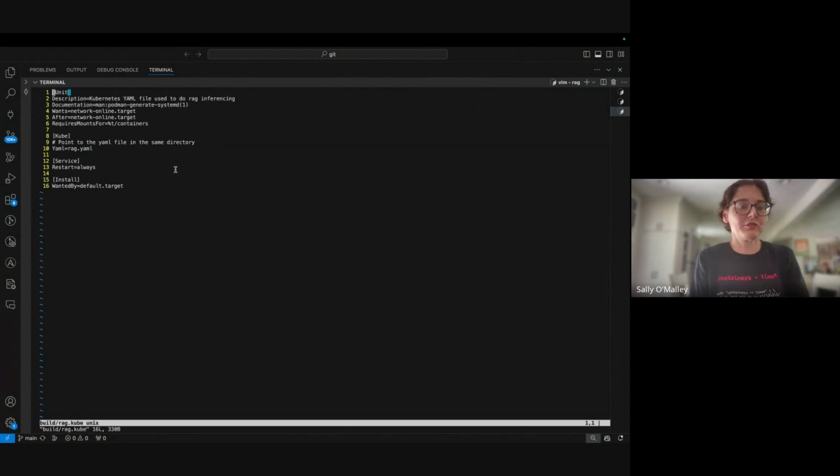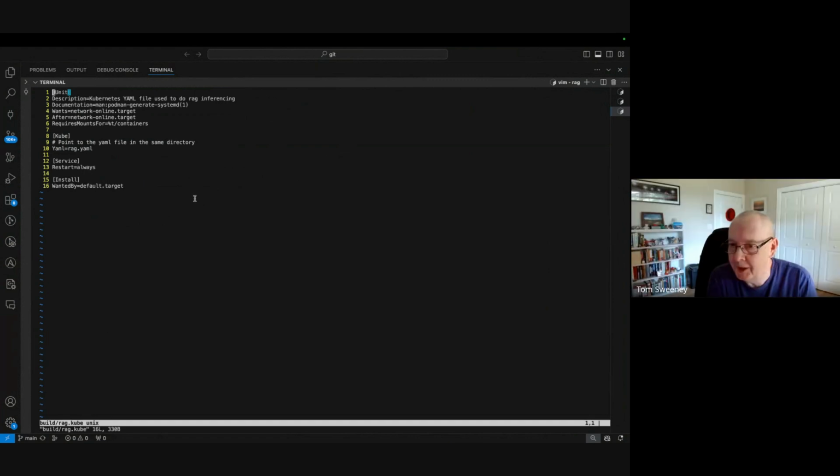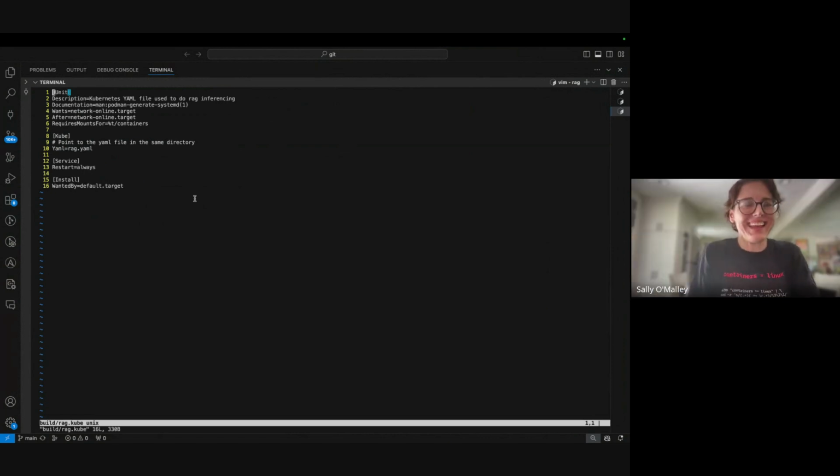So here's the actual unit file. If you can interrupt me I can't see you. So if anyone has a question or wants to interrupt me, go ahead. And that was actually somebody joining. Excellent, great, okay. And so here, this Quadlet file, or the wrapper around the systemd service, it's just going to run Podman kubeplay this file.